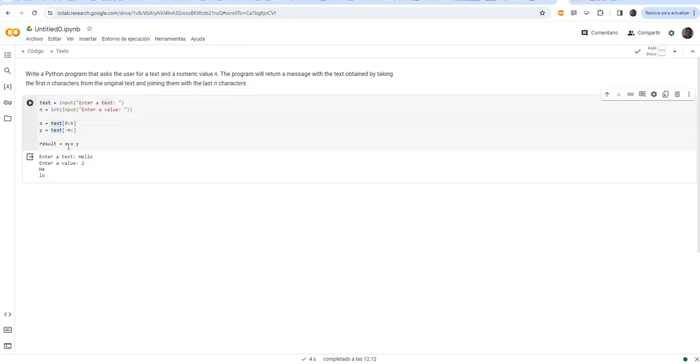So the operation plus here between two strings will result in a new string, and then we can print this result.